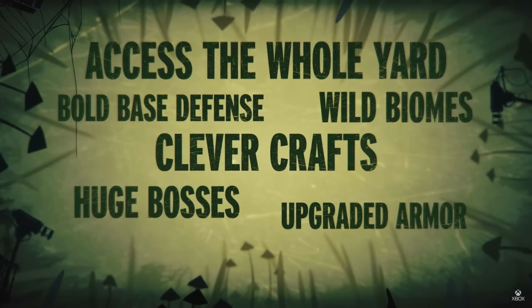Wendell. So this one was a bit of a hot topic in Discord, how much of this means that we're going to get all of this in the update. But I feel like it's a mix of what we've already had in early access. Like base defense we've already had, upgraded armor we've already had, wild biomes we've kind of already had. Clever crafts to me means stuff like being able to nearly automate, like you can grab all items from one,